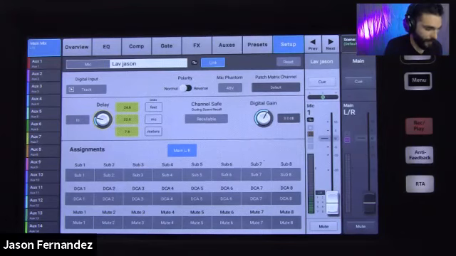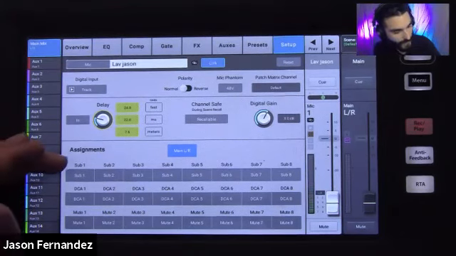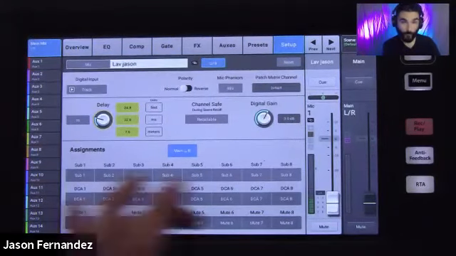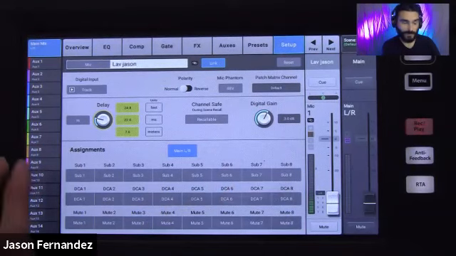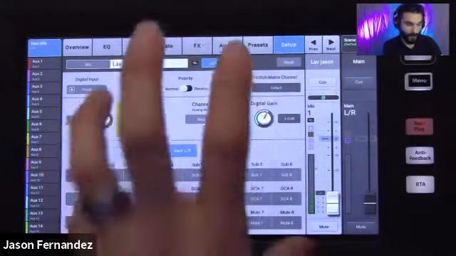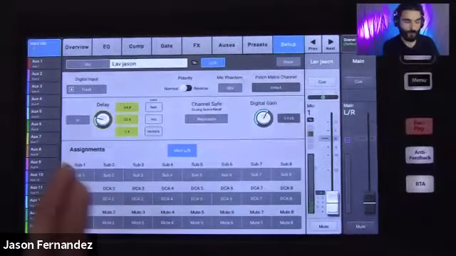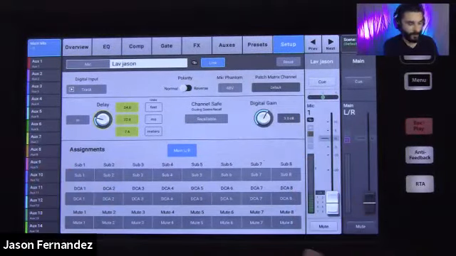We can also assign the channels to any of the channel groups that we have on the mixer. So on my TouchMix 30 here, I've got subgroups, DCAs, and mute groups, and I can assign any of my channels to these groups from within their own setup screens. Again, not going to talk too much about the groups. We'll have a separate webinar for that, and I really hope you come back because that's a really good one.